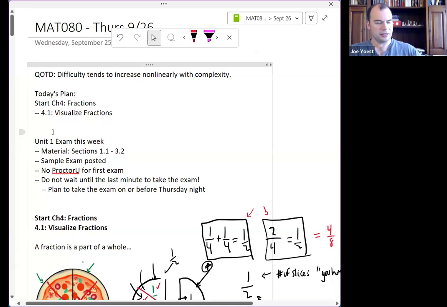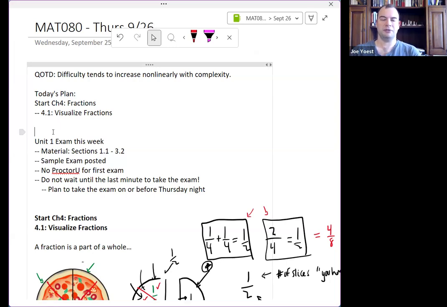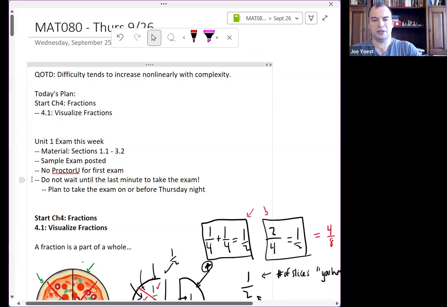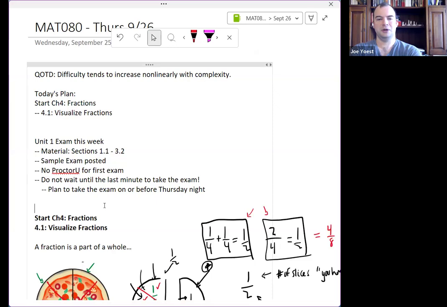All right, so I think instead of starting 4-2, since this was a lot of material, a lot of different ideas, and since we also have the exam this week, I think I want to stop there. This was kind of an introduction to fractions. Again, strongly recommend you take the exam today if at all possible. And then that gives you a nice buffer if anything does go wrong.